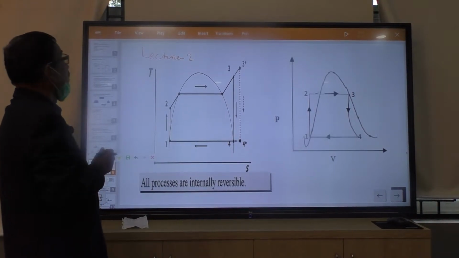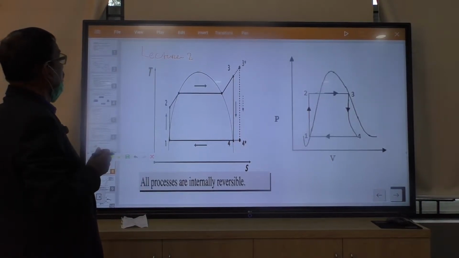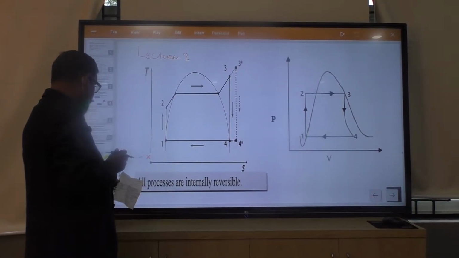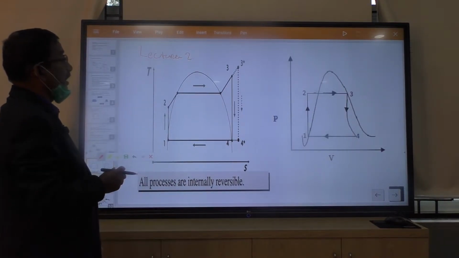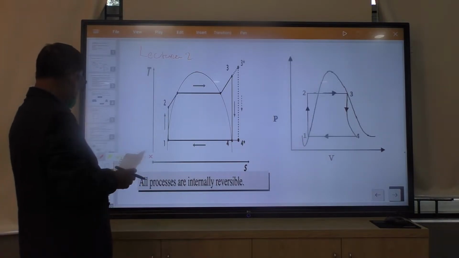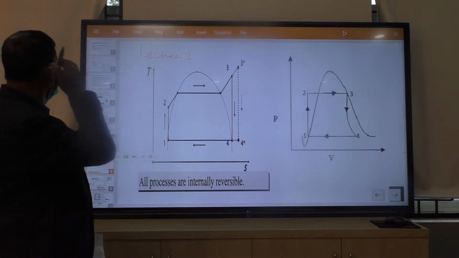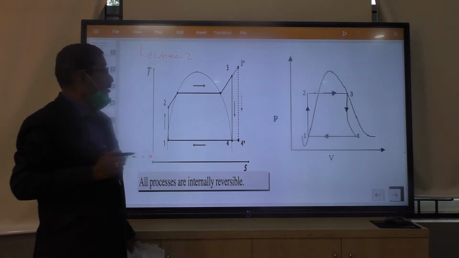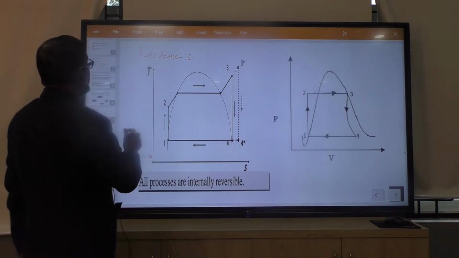As you know, this is the thermodynamic cycle of the steam power plant, and in your syllabus you have to explain this cycle with the help of pressure-volume diagram, temperature-entropy diagram and enthalpy-entropy diagram. By the help of these three diagrams, you have to explain the whole process. So, first this is the temperature-entropy diagram